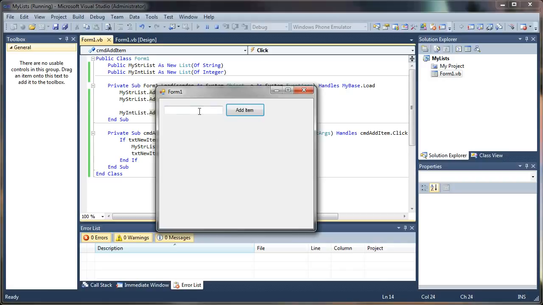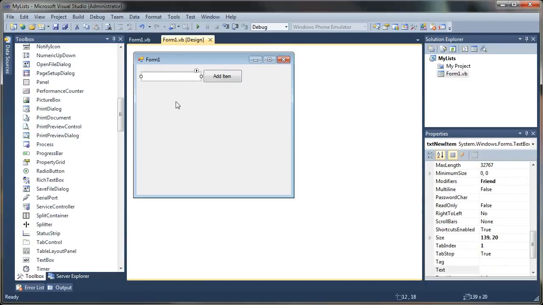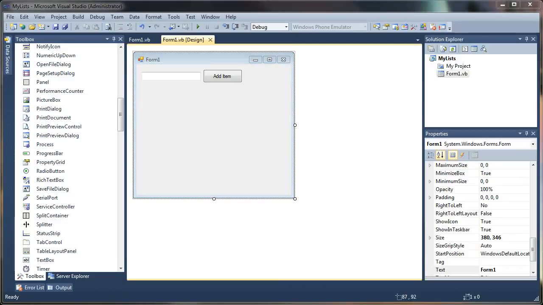And it seems to be working properly. Now, what if we want to actually cycle through the values? What if we want to be able to read back from our list and find out what's in there? Well, there's a couple of things we can do. One would be to pull those into either a combo box or a list box or a text box, or we could just fire a message box off if we wanted to